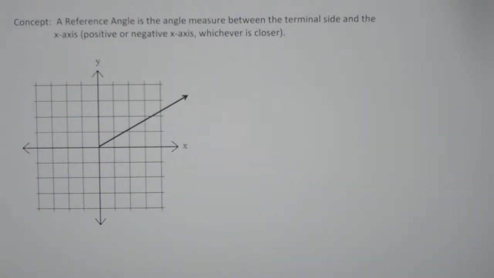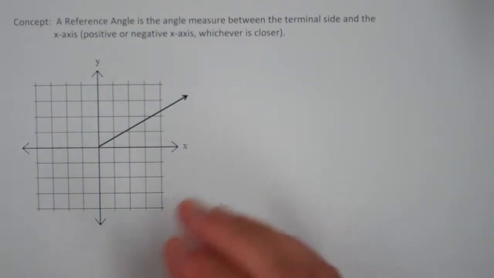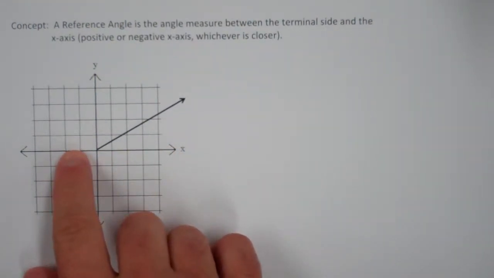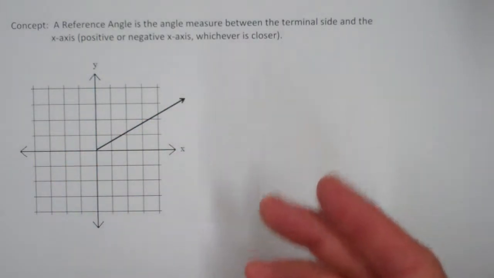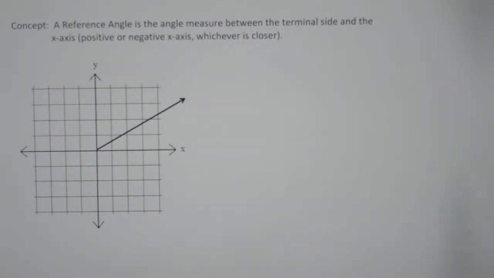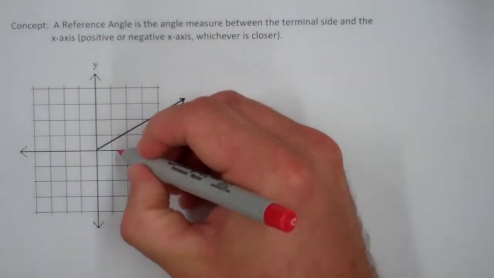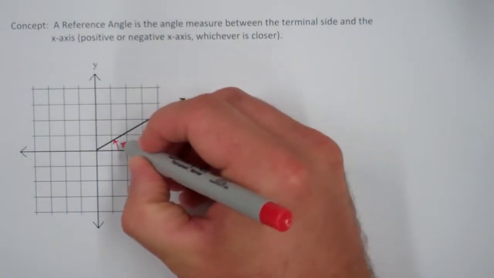In this video we're going to be talking about reference angles. You can see on the top here I've written a little definition for you: a reference angle is the angle measure between the terminal side and the x-axis, either the positive or negative x-axis, whichever is closer. If we take a look at this angle here, we have the same angle as in the past concept video,